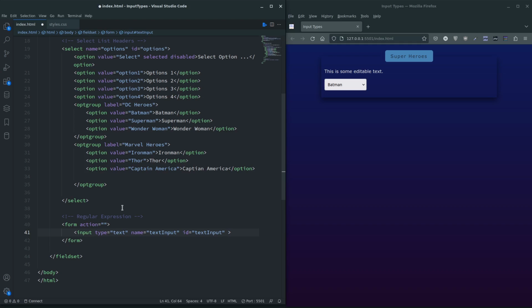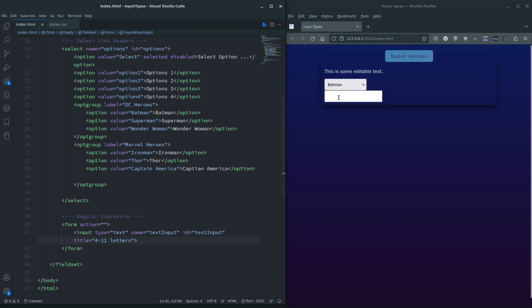Right, in here I'm going to say title and say 4 to 11 letters, and let's just stop there and see what that does. Right, so when you hover over it, it brings up that title saying 4 to 11 letters. So that's a hint as to what needs to go into here. And to make sure that that is what goes into here, we can say pattern